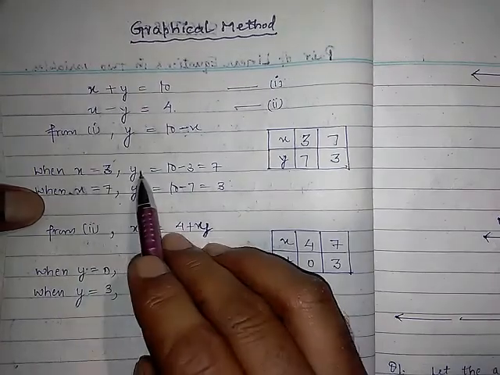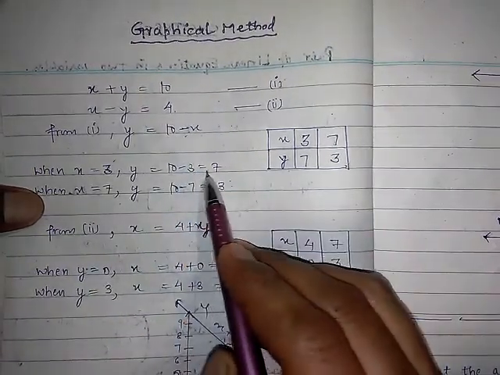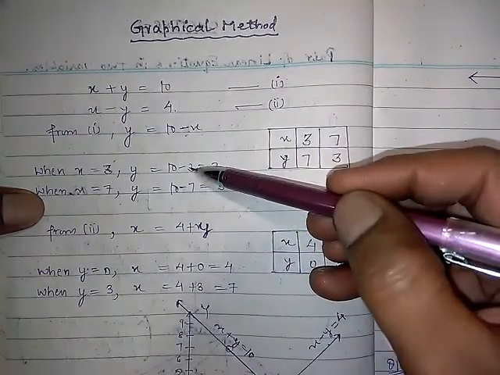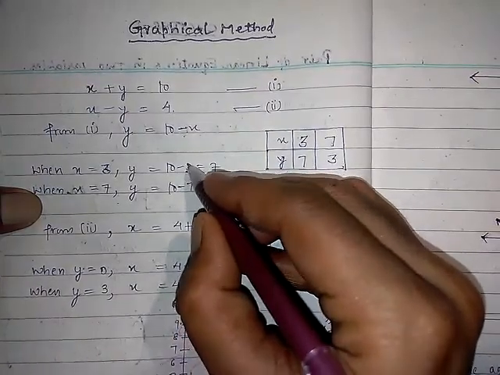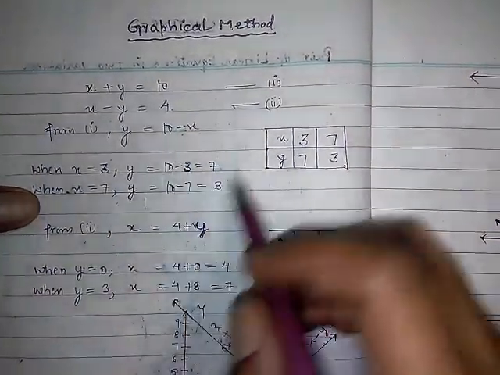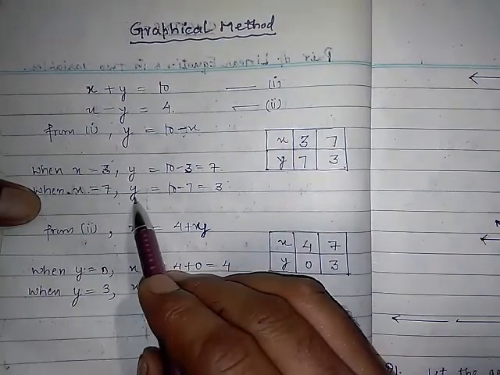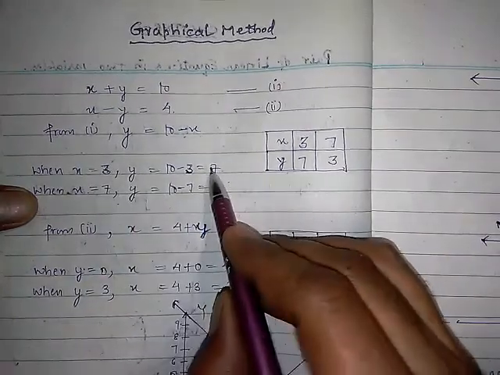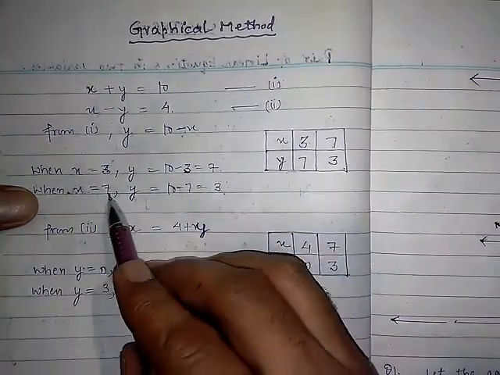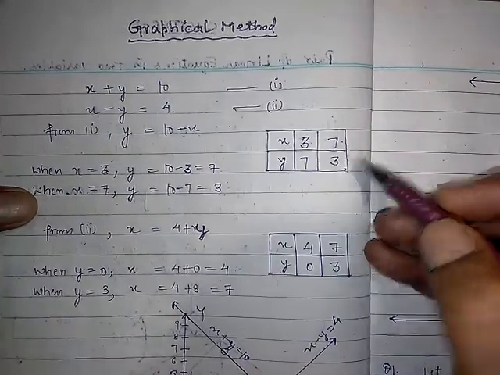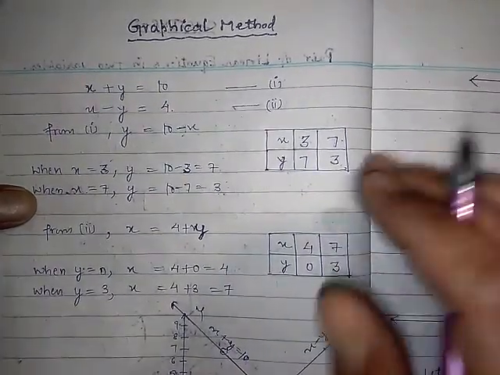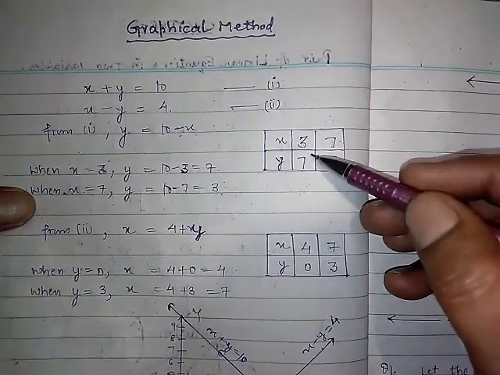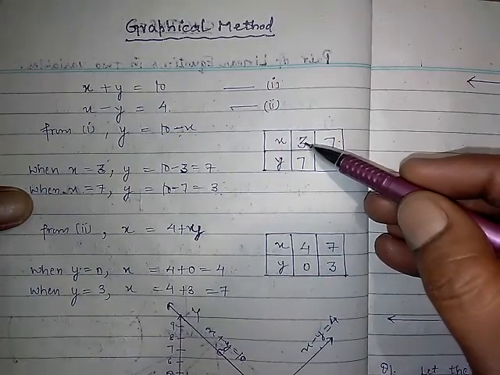See the pattern I have used here for writing. When x is equal to 3, y will be equal to 10 minus 3, which is equal to 7. See, everything is in parallel, so it decreases the chances of mistakes in exam time. Okay, so follow my method. When x is equal to 7, you will get y is equal to 10 minus 7, which is equal to 3. So these two values, x 3, y 7, next one 7 comma 3. You can put them here in the box. Minimum two values are required, or you can say this is what we have got, a point. You know, in a point, two variables are there, x and y.